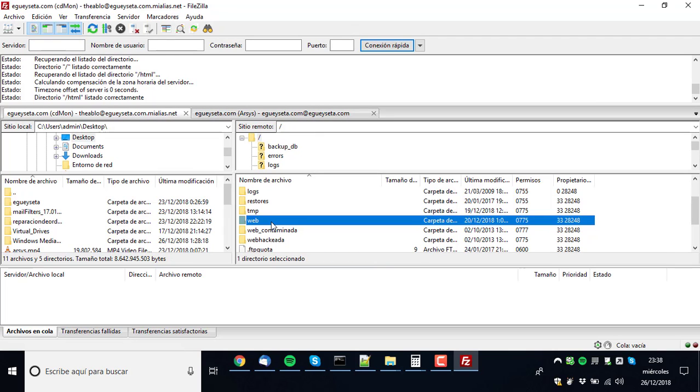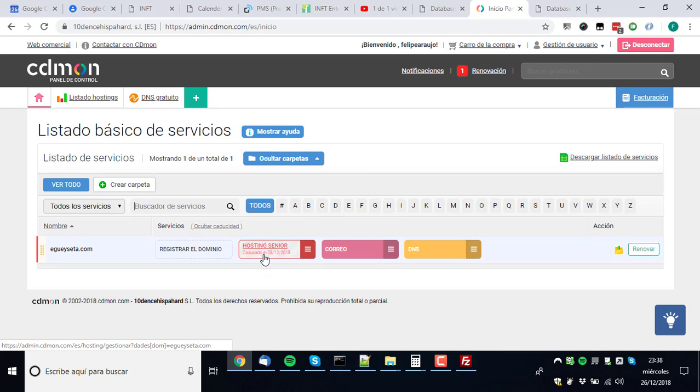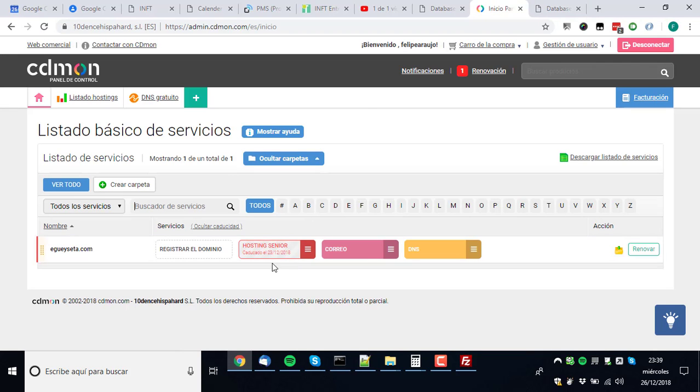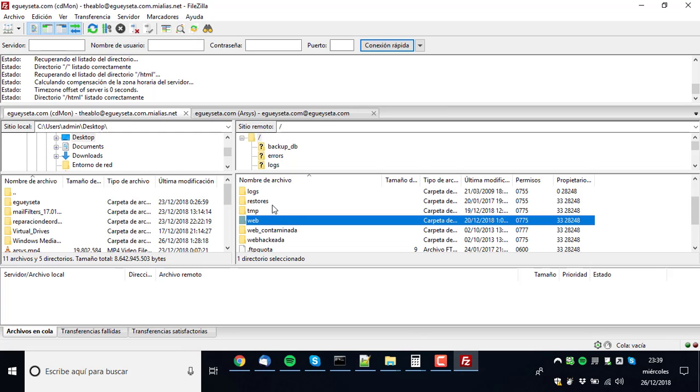Okay, the CDMON. In case you want to redo everything from zero because what I did is incorrect, you can still access CDMON, but CDMON already expired on the 23rd, 3 days ago. So if you cannot make what I have already done work, then just get it from zero from the old hosting, which is CDMON, but hurry up because it's already expired. You still can access it because right now I just accessed and it's working.